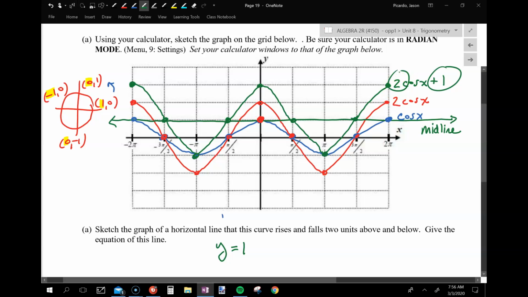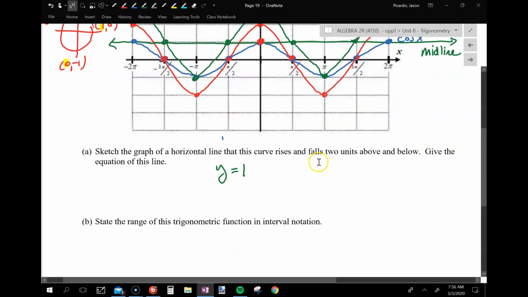So if you think about this, guys, the midline is at 1. If I go 2 above that, I'm at 3. If I go 2 below that, I'm at -1. So isn't the range of my green graph -1 to 3? All right, and we're going to use that concept to help us do